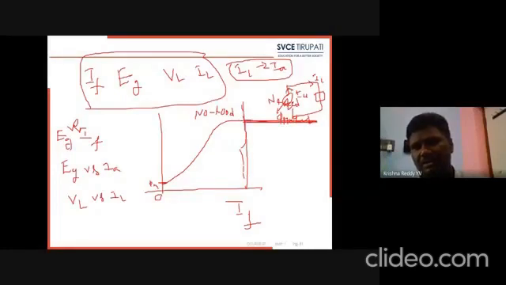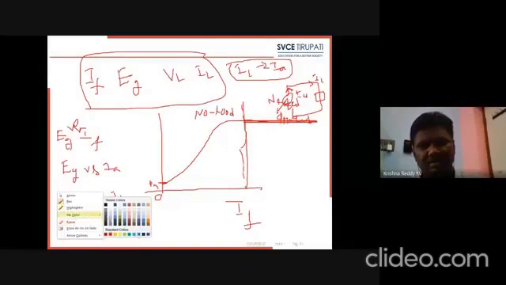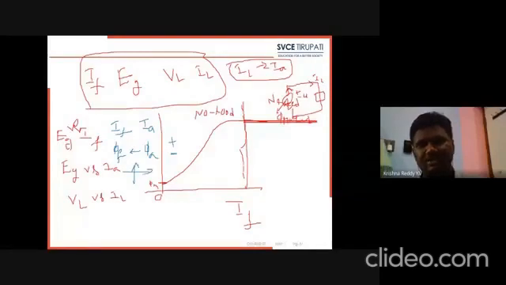Due to the closing of the switch, the armature current will flow through the load. Due to this armature current, it produces armature flux. With the help of the field current, we get the main field flux phi f. With the help of the armature current, we get the armature flux. The armature flux will affect the main field flux. Either it is the addition of phi f plus phi a, or phi f minus phi a, or phi a crosses phi f like this. That is cross magnetized.